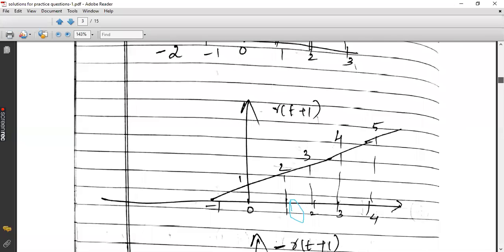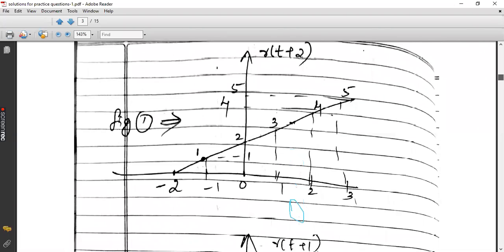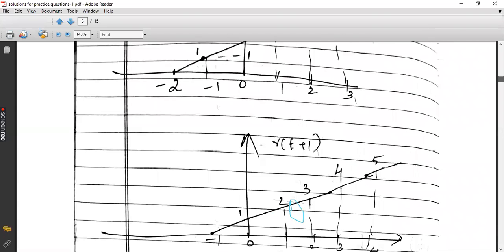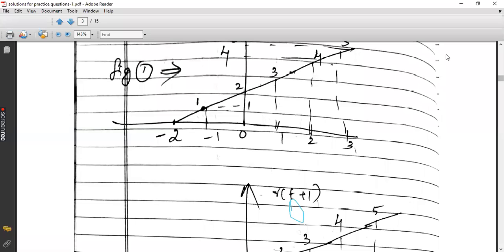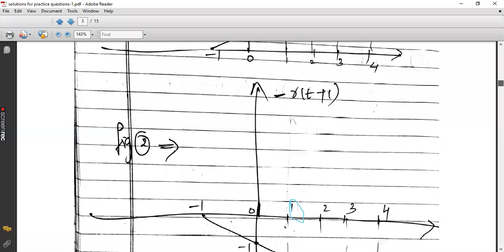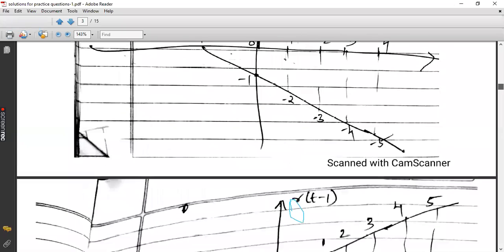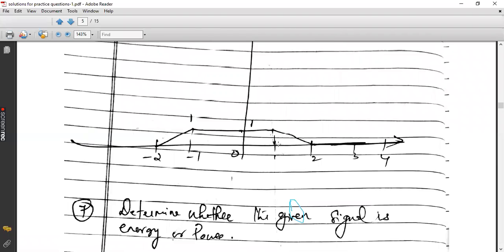Here also, at t equal to 1, you are having 3 as amplitude. So 3 plus minus 2 will become 1 itself. So from 0 to 1, the amplitude will be constant, that's at 1 itself. Even at 0, having 2 here, and in figure 2, the amplitude is minus 1, 2 minus 1 will become 1 only. So it will continue throughout at 1 itself till t equal to 1. That is shown in the final figure.